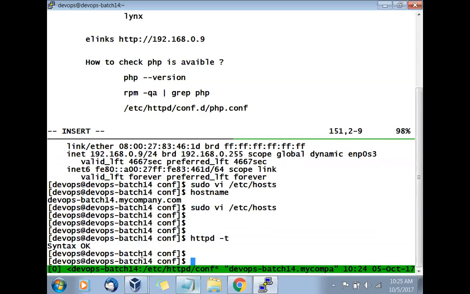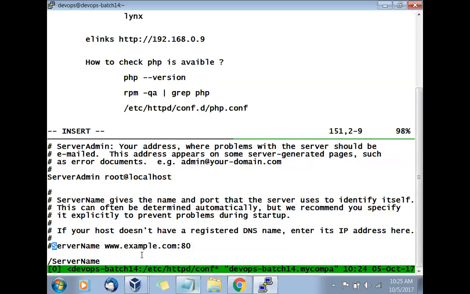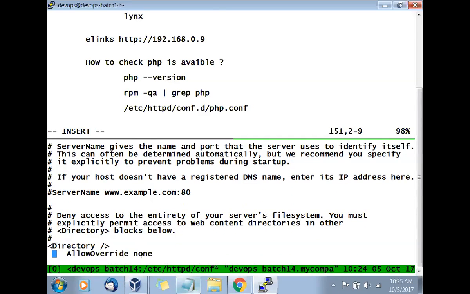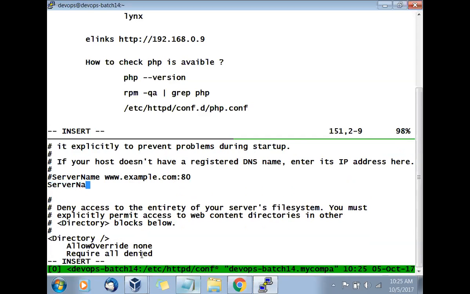Another way of fixing that is to open the configuration file and fix the server name. There is a parameter called ServerName. So what is the server name currently? It is commented out, so we'll give the server name. I'll say ServerName, and this is the server.